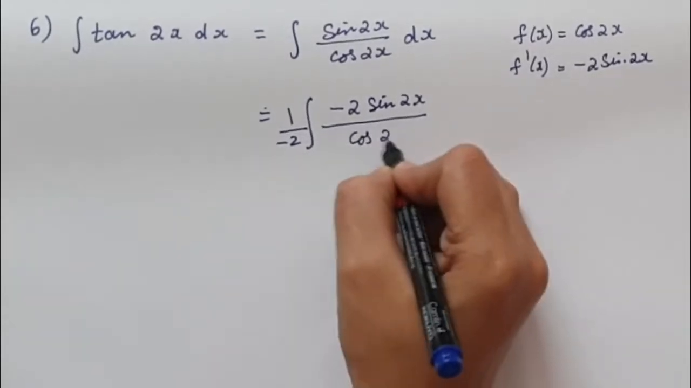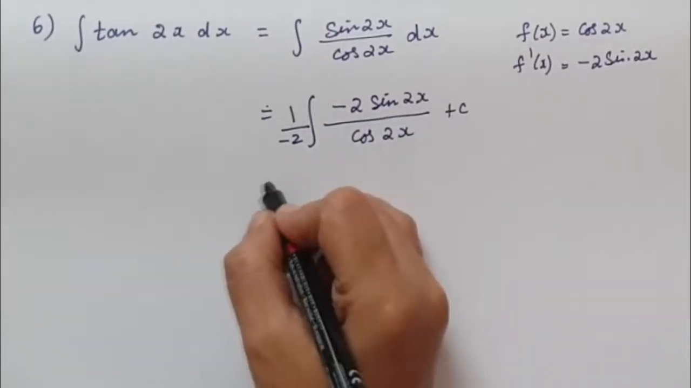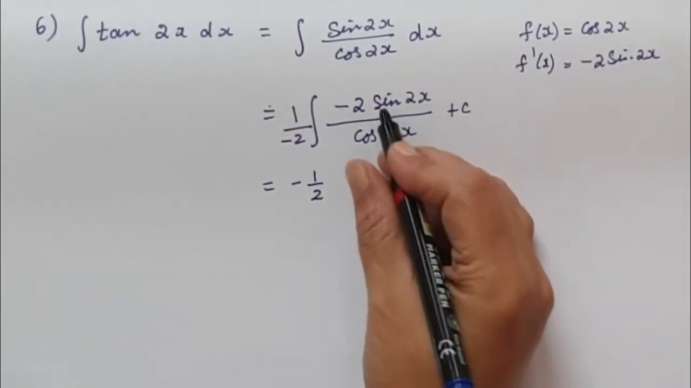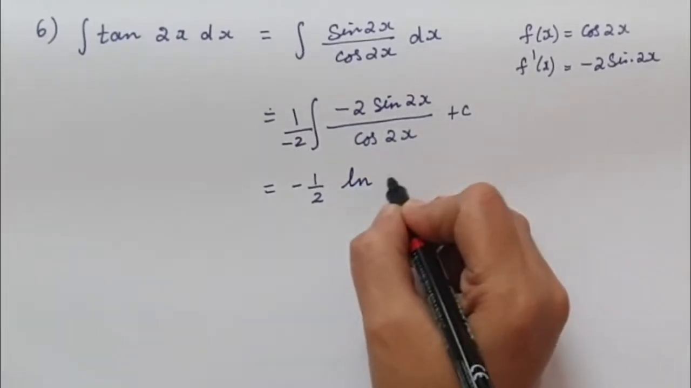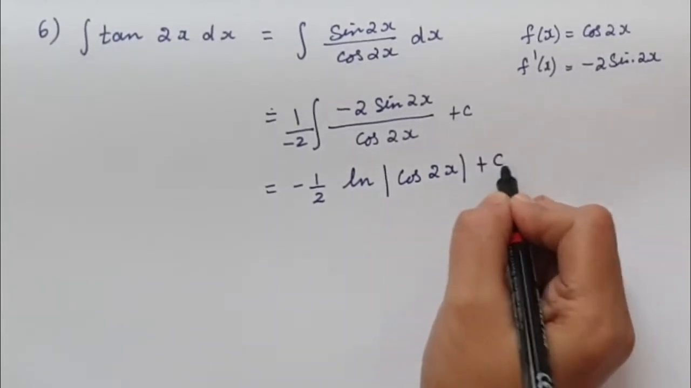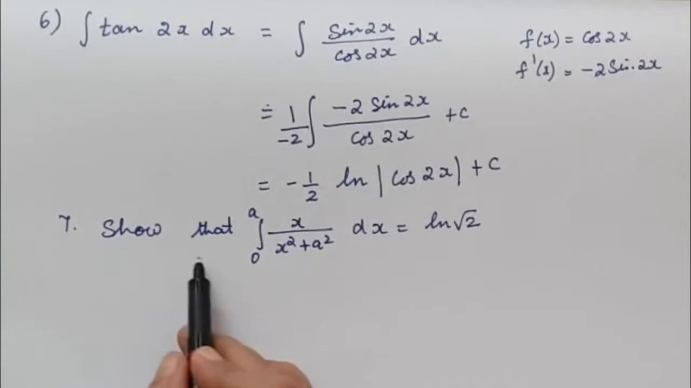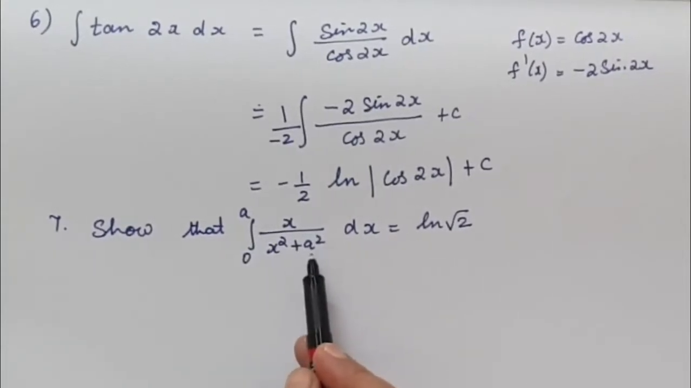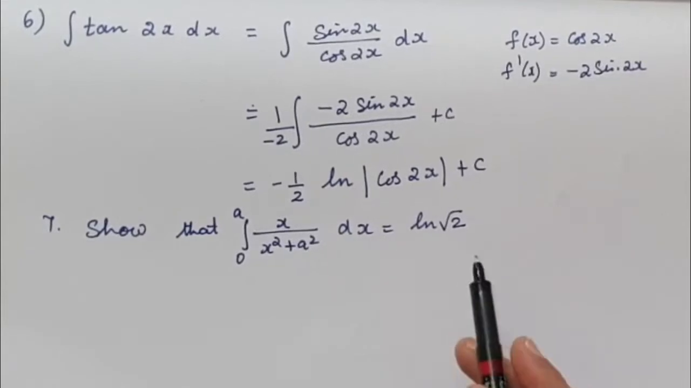So into cos 2x plus c. So this one will be equal to minus 1 over 2. And this one, when we differentiate, we are getting the numerator. So it is minus 1/2 ln of modulus cos 2x plus c. Seventh question. Show that integral 0 to a of x over x squared plus a squared dx will be equal to ln square